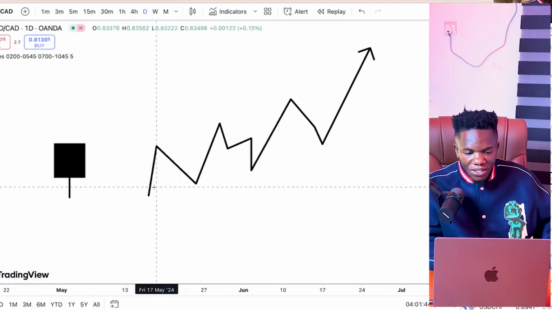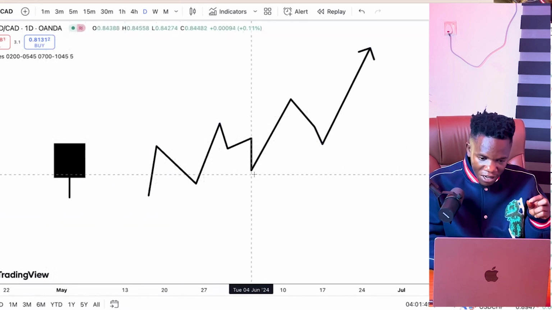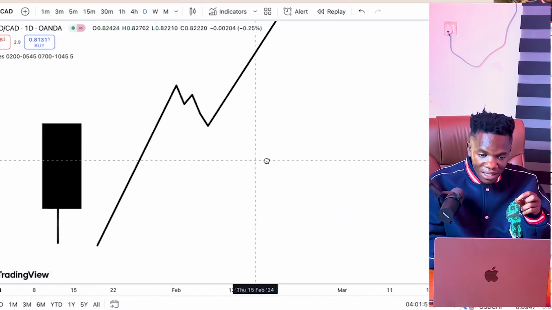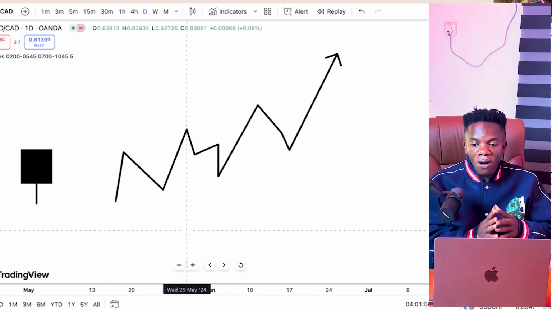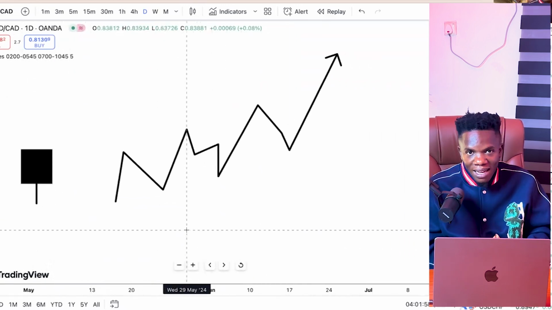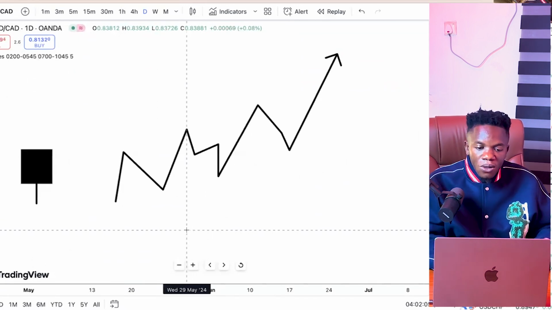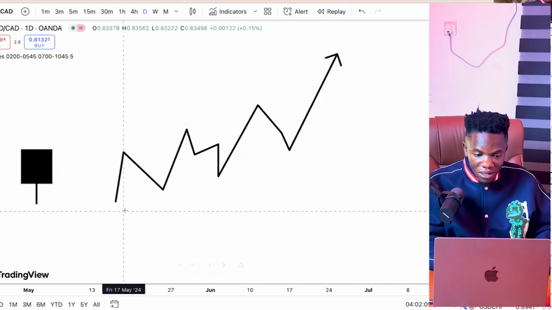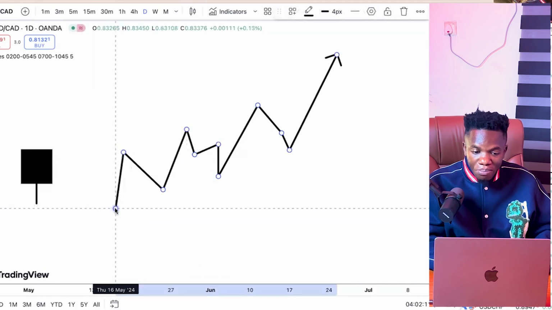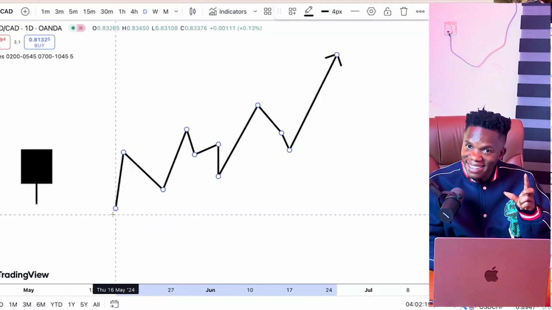Now, this is how I place trade on a trading day like this, that there will be retracement, because the whole difference between here and this one is the retracement part of it, okay? Now, this is what I do. If I want to flip, first of all, I have to know the account size I want to flip. Like, I have done $5, I have done $10. I'm going to use $10 as an example because that is what most of you guys are going to be using. So what I do is, when the low of the day is already formed, like somewhere here, I will place my first trade with my first $10. So I'll place my first trade, risking that $10 in my account.